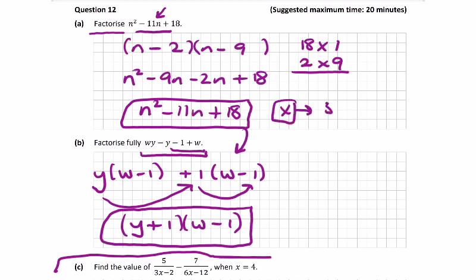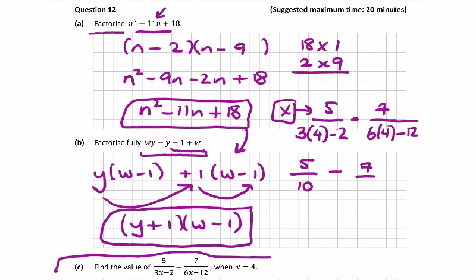Type into your calculator 5, use the fraction symbol. 3 times 4 is x minus 2, and then minus 7 over 6 times 4 minus 12. You're going to want to work this out manually probably as well, but type it into your calculator, see what you get. You're going to have 5 over 12 minus 2, minus 7 over 24 minus 12, and 5 over 10 minus 7 over 12